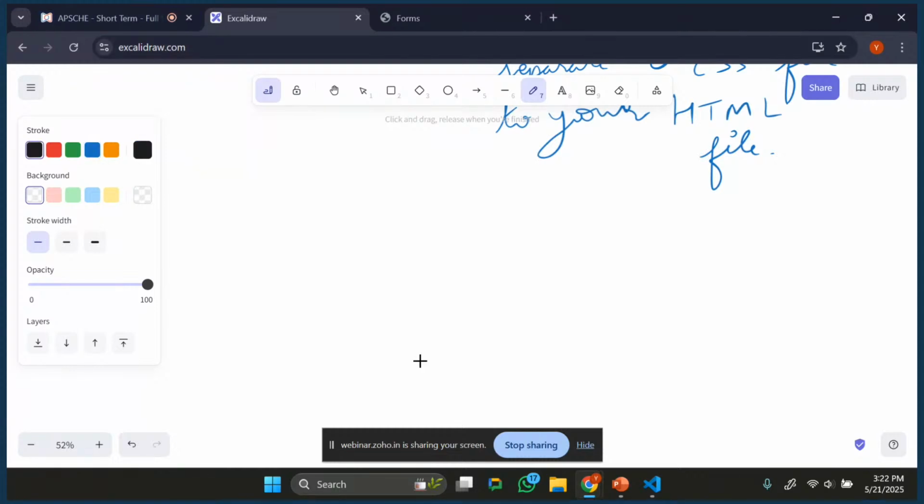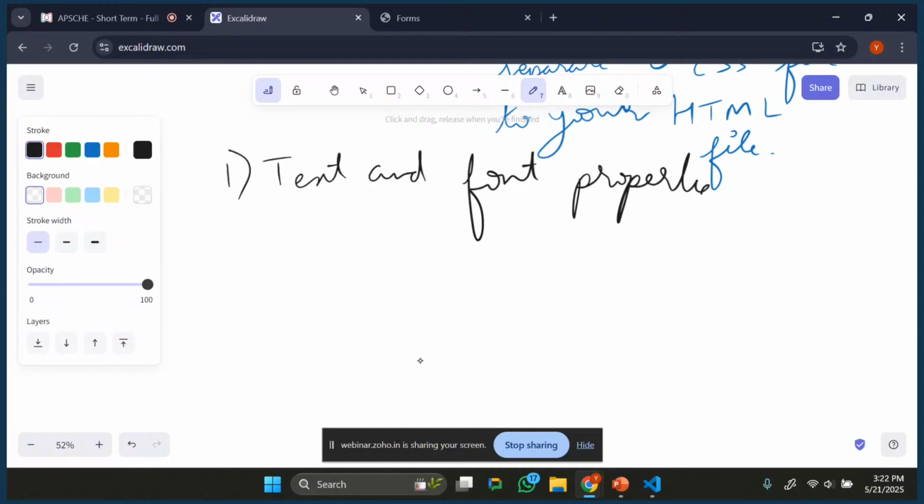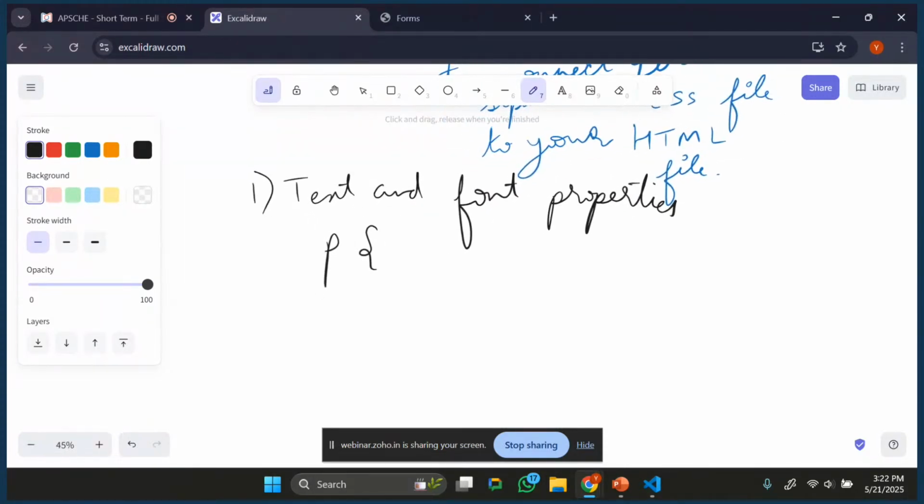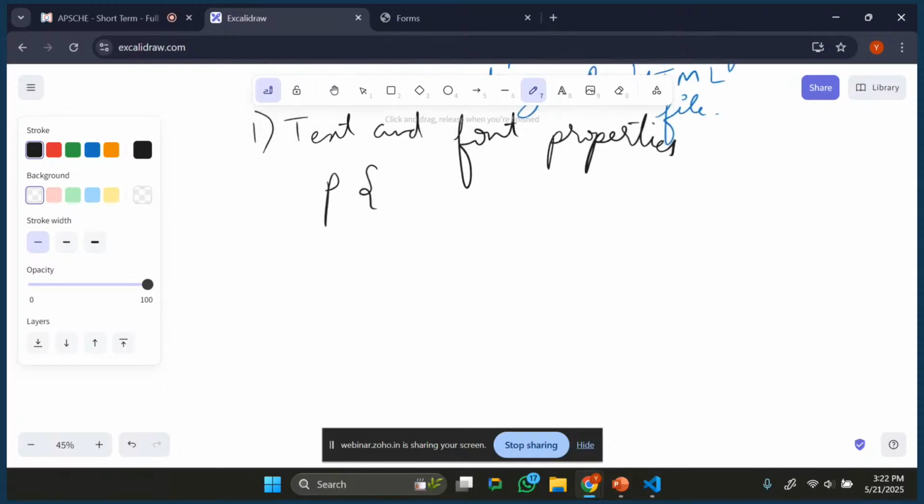One thing that we have missed is text and font properties. Text and font properties. For example, let's say there is a paragraph tag. Okay, so I want to do something. Why is zooming not working? Okay, so I want to